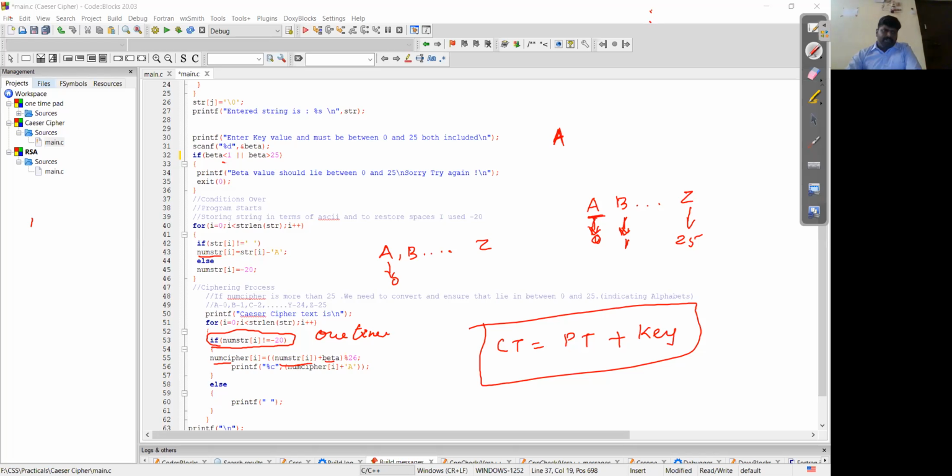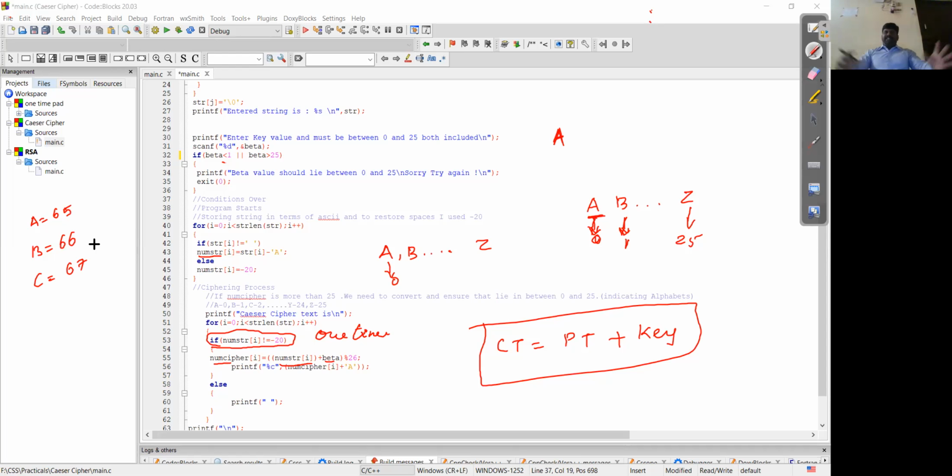What is the ASCII code value for A, which is 65? 69 or 65? 65. And what is ASCII? American Standard Code for Information Interchange.